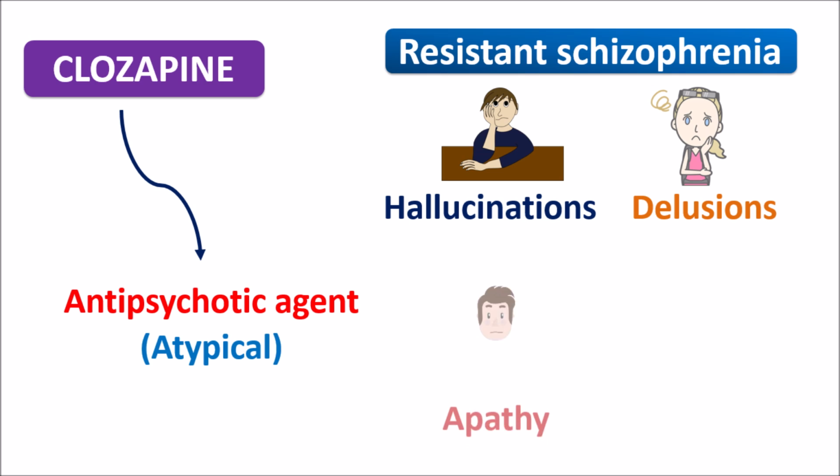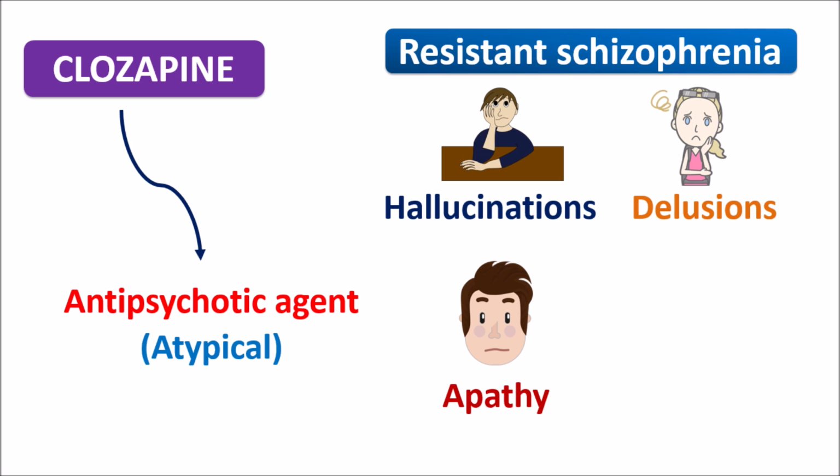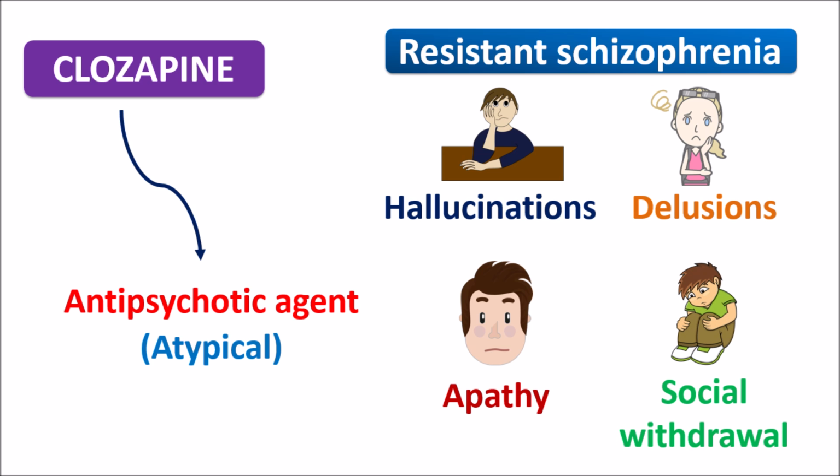Another symptom is apathy, lack of initiation, decreased emotional response. All these are the negative symptoms of schizophrenia. Similarly, people may have social withdrawal, which brings more complications in their lifestyle. Among the antipsychotics, the old generation antipsychotics can mainly relieve positive symptoms, but they are not effective in treating apathy and social withdrawal. New generation antipsychotics can relieve both positive as well as negative symptoms, and among those antipsychotics, clozapine